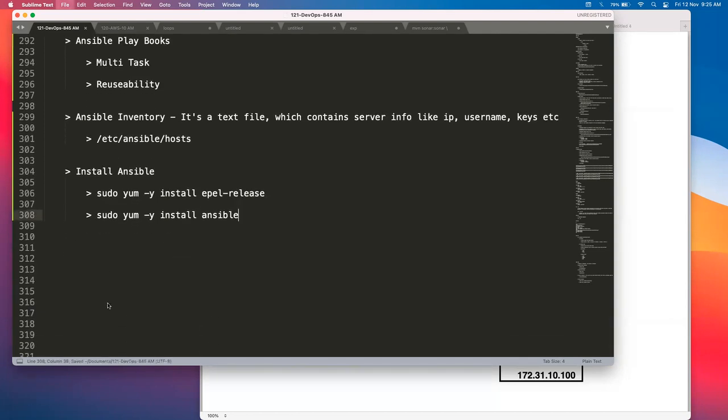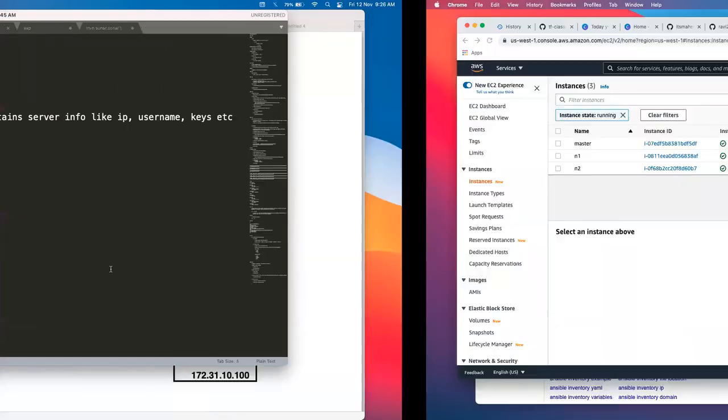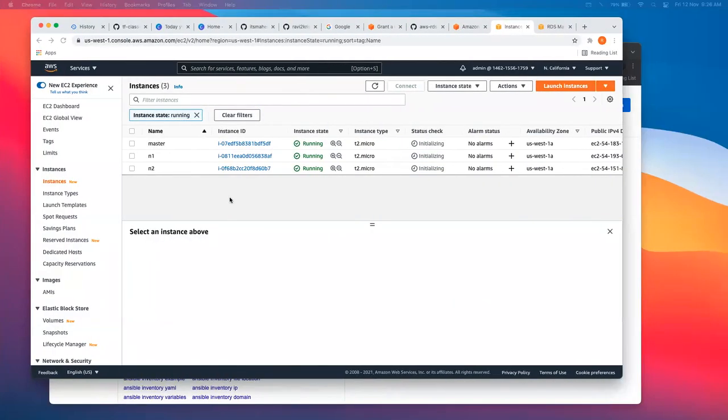All right. Okay. So once this part is done,